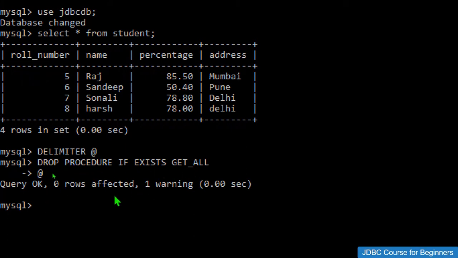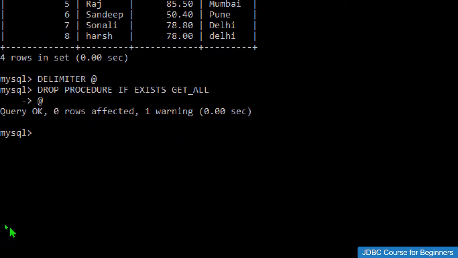If it exists, then we need to create the new procedure. So how can we create this? We just need to type create procedure, then the procedure name. My procedure name will be get underscore all. Then we give these brackets, and then we type begin to indicate the beginning of the procedure.